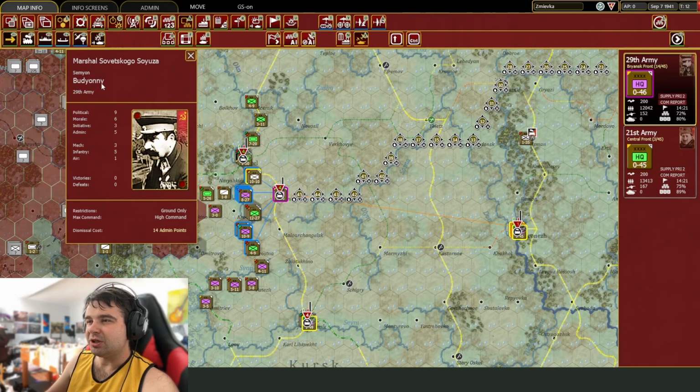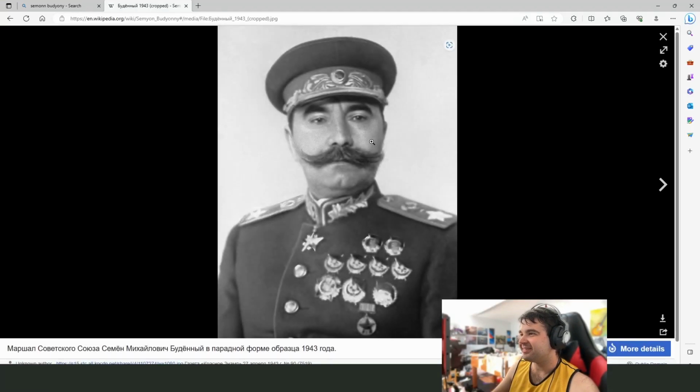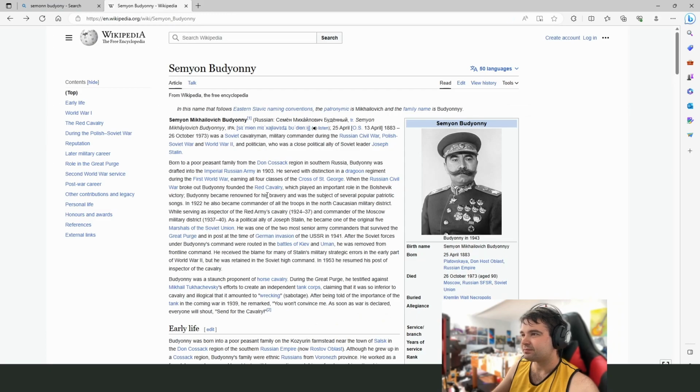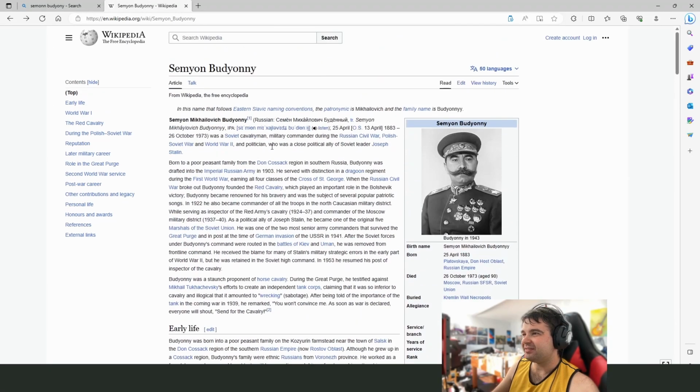Simeon Budyonny. Wow, check out the stash. Damn. Look at this guy. He's got quite the mustache. The medals look photoshopped, don't they? Doesn't this medal look photoshopped here? Those might have been photoshopped. This image looks like it might have been enhanced at some point. Wow, this guy's got quite the